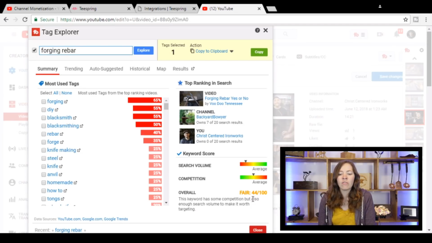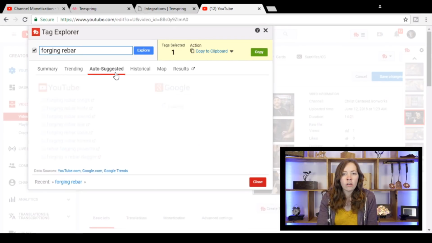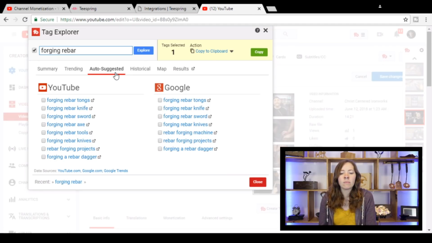It'd be great if I could find a search word or a keyword with a higher search volume and perhaps lower competition. So this would not be a bad one to use, but if I go over to auto suggested, it's going to tell me some even more longer tail keywords. It adds some extra words to the end that are highly searched as well, highly searched phrases. So if I check mark